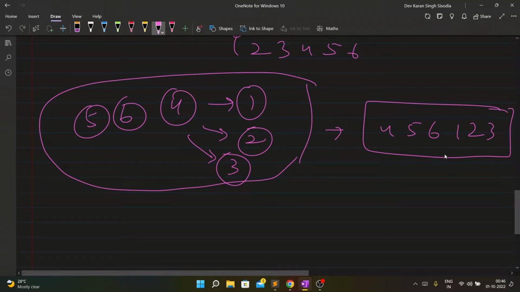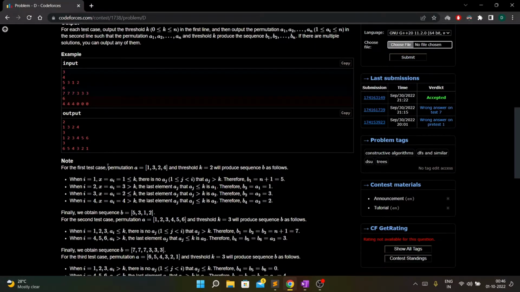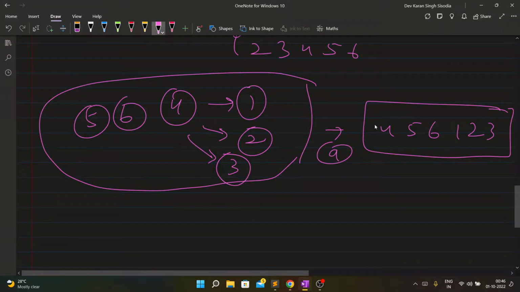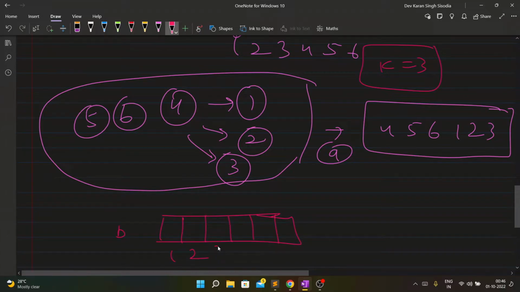And this is A. For some time, let's assume K is 3, which is the correct answer, right? So I will construct B from here. Let me create a dummy, empty B, 1 2 3 4 5 6. Now let me write the indexes as well.